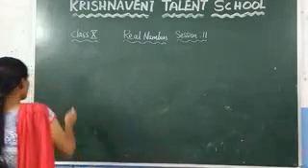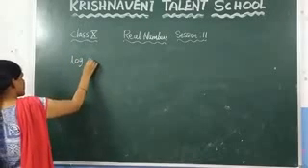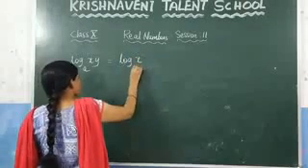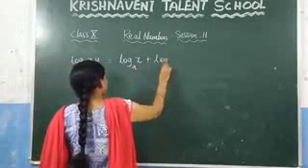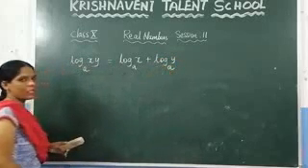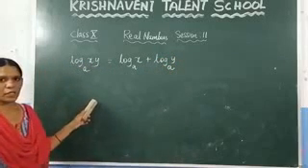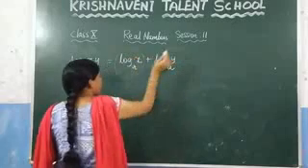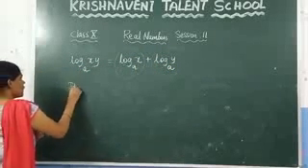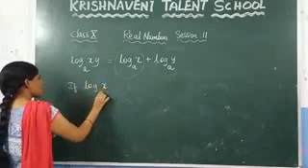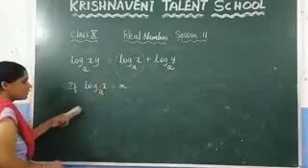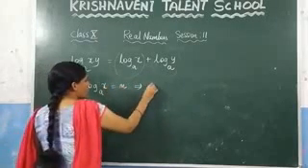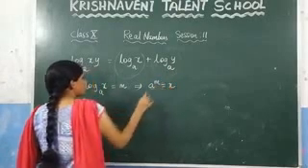About the logarithms, there are some properties. What do those properties say? The first one: log xy to the base a, you can write this as log x to the base a plus log y to the base a. This is the first property. And how do you prove this property? Let us consider these values as some values. If log x to the base a is equal to m, then from this condition, by using the exponential form, we can write a power m is equal to x.